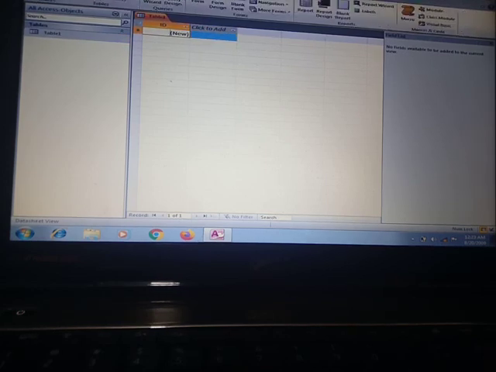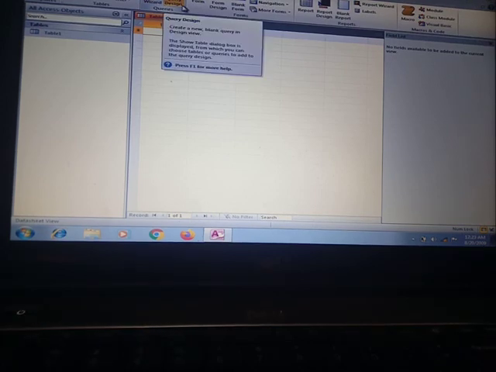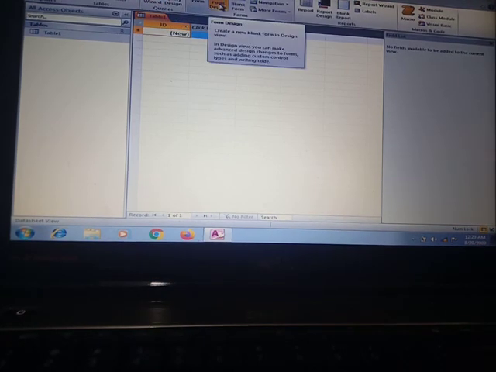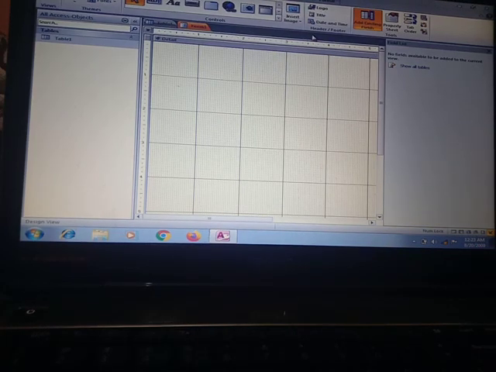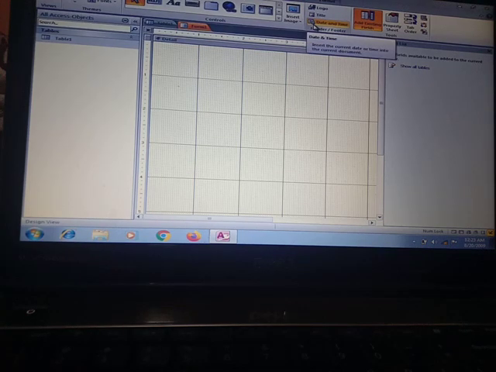So we have to create a form. We will go on Create, then Form Design. Here the form design is there. So we will click on Form Design. A form design is there. You can see the grid lines. It is automatically there in the Design tab. As you see, it is on the Design tab. It is on the design view.